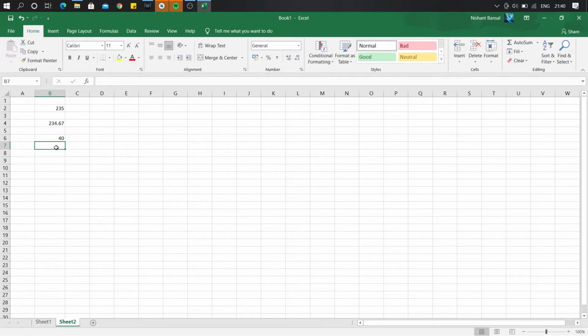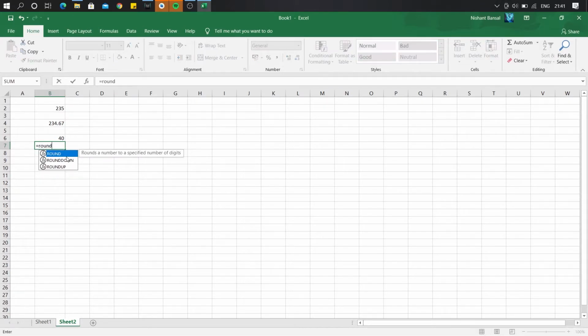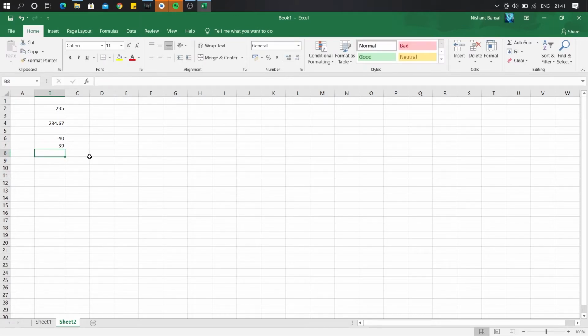So now it's time to discuss the round down function. So round down rounds a number down towards 0. So if there is a number, say 39.9, which we need to round off, since it's round down, it would return a value 39 irrespective of the fact that this number is very close to 40. And if we would have used the round function, it would have returned the value 40. But in this case, since the round down function is there, it will return value 39, which is evident from here.